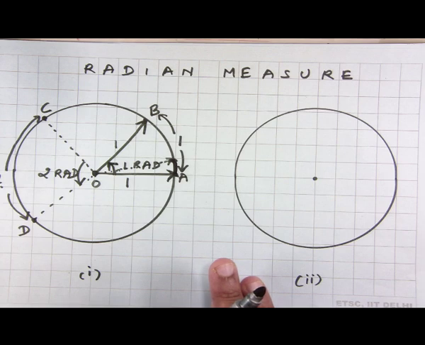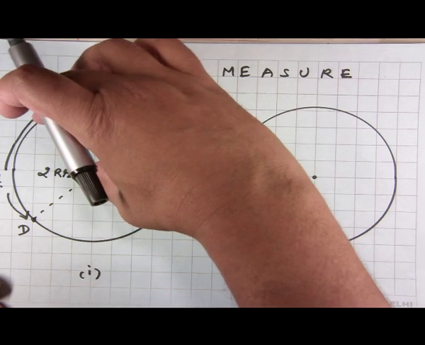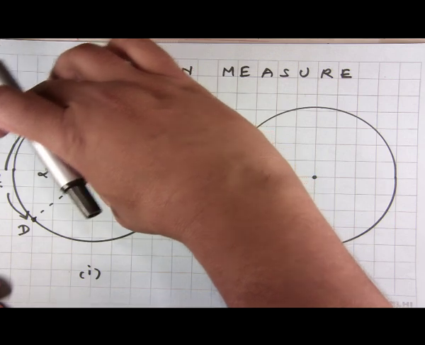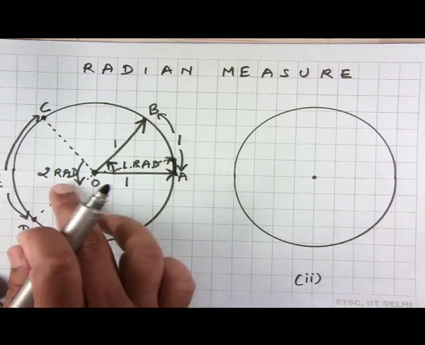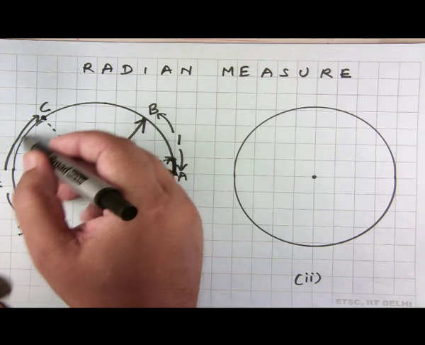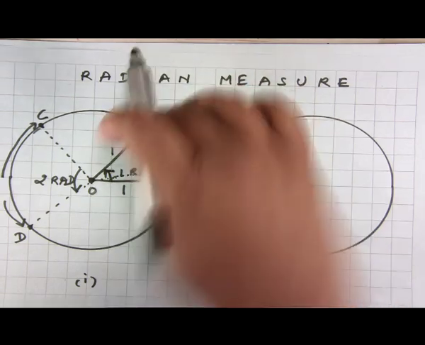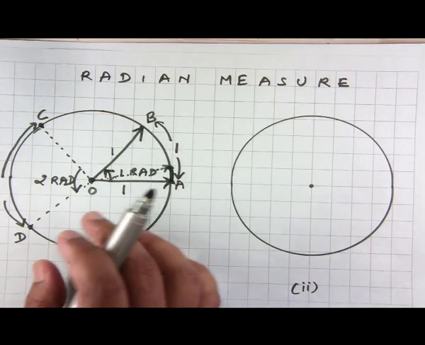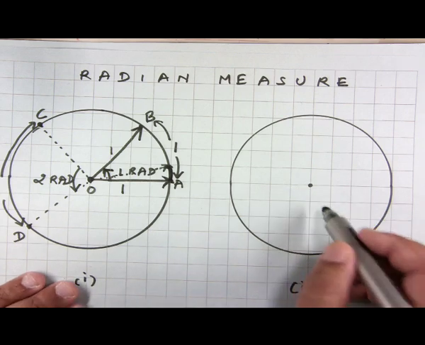So, a natural question that arises in the mind of a student is, suppose I have a radius OC here and now I rotate it from OC to OD by an angle of 2 radians, how much is the length of this arc CD? Of course, it appears that it will not be 1 unit, probably more than 1 unit, but how much exactly? That is not very difficult to see, because